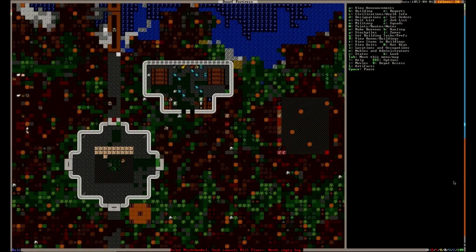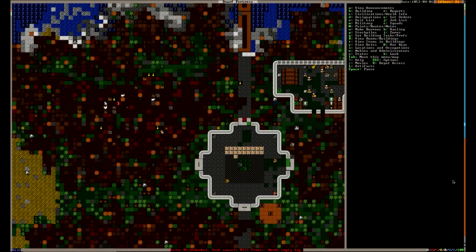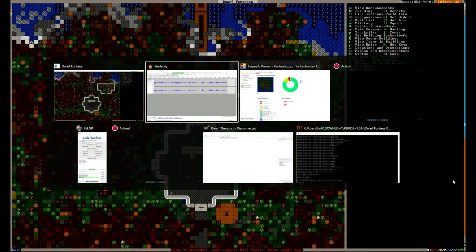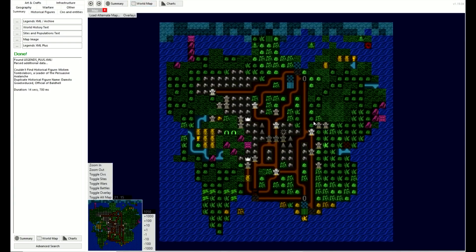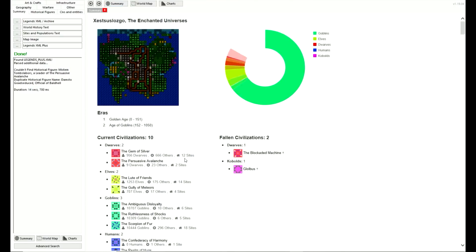Anyways, this world is a small world. Let me show you what it looks like. It's called Zetsulozgo, the Enchanted Universes, and look how cute it is. Oh my gosh, it's as cute as a bug's ear. Look at that. So we are up, if you can see where my mouse pointer is, see where this tomb is? We are just along this coast, and we belong to the Persuasive Avalanche, which up until I generated these